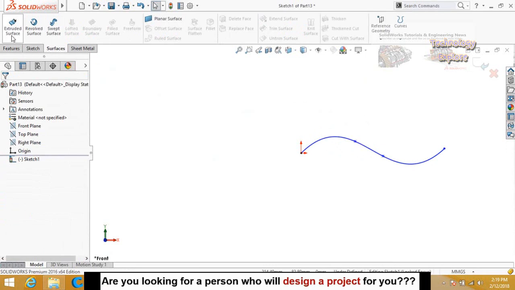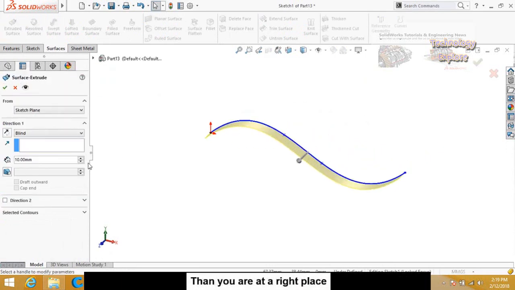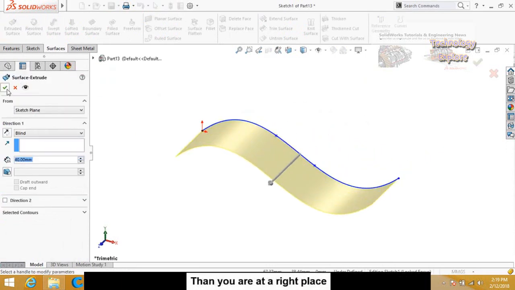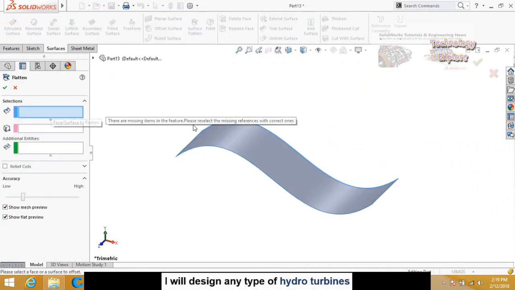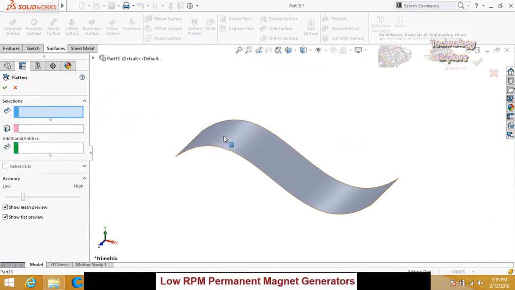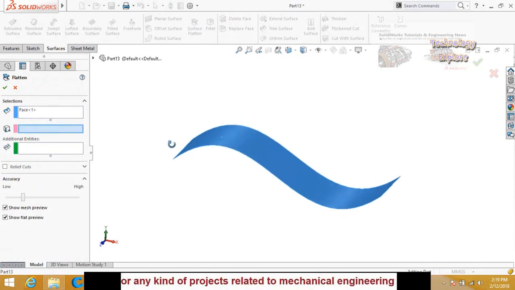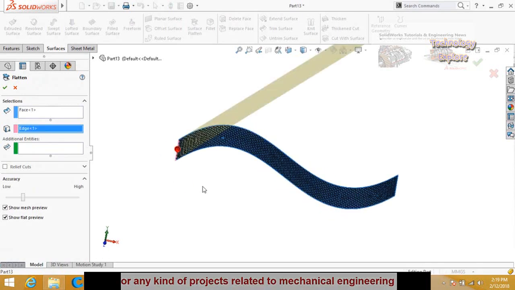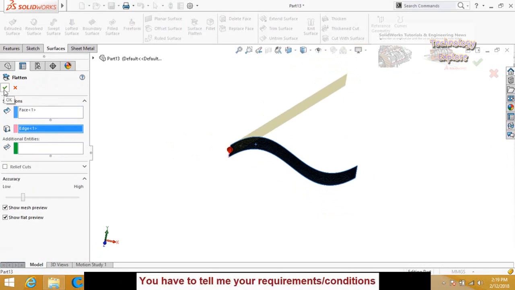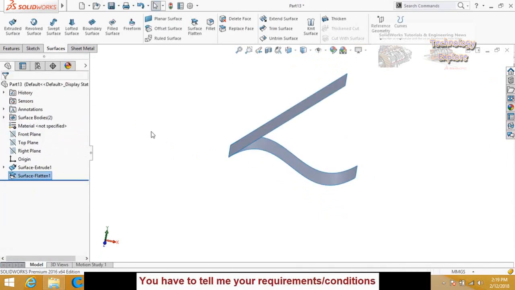Press escape button and then go to surfaces tab and select extruded surface. Extrude it and press OK button to apply this command. Then use surface flatten command. So from here select the surface and then here select the fixed face or edge. So select this edge and see how we are able to flatten the surface.